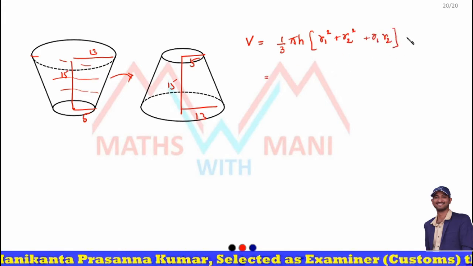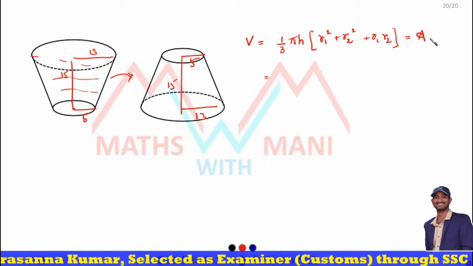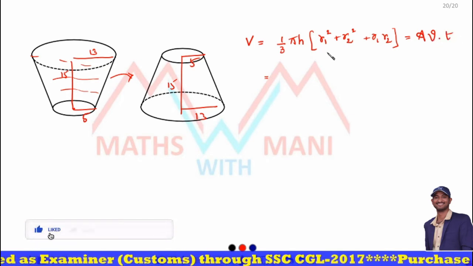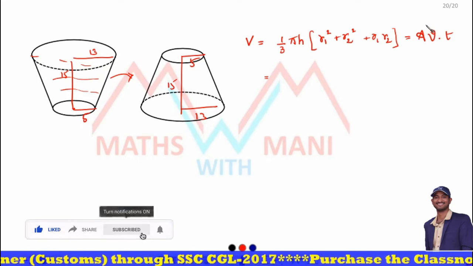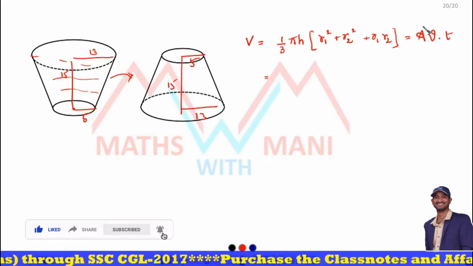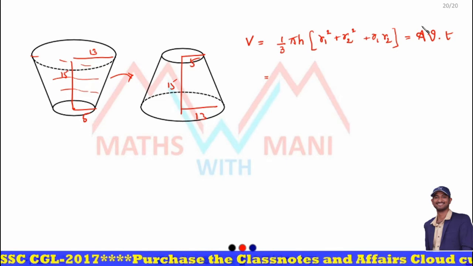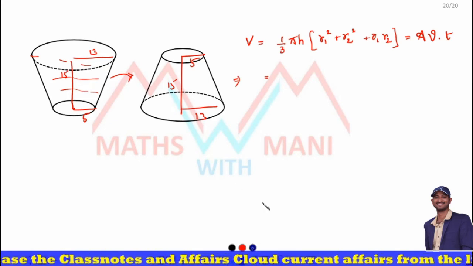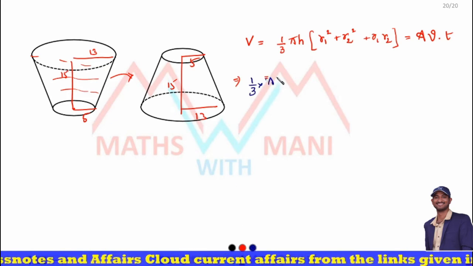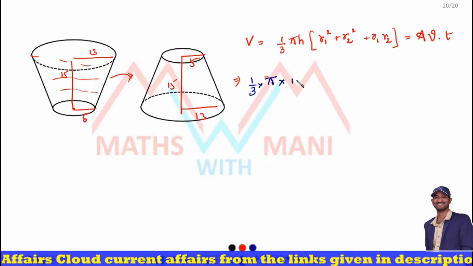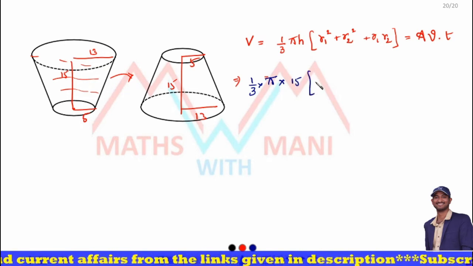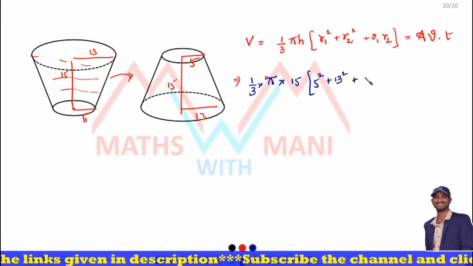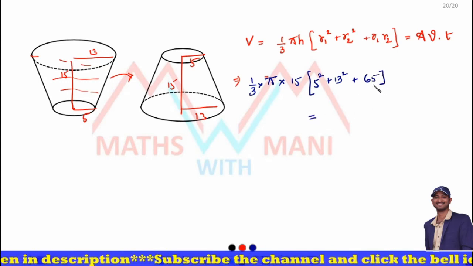So this volume is equal to the area of the cylindrical pipe into the velocity of the water coming out through the pipe into the time taken. Because this water is sent out by the pipe with this velocity in some time, right? So equate these two, that is enough, you will get it. Okay, so now I am equating those to 1/3 into pi into h. What is the value of h? 15. All are in centimeters. And r1 square, that is 5 square plus 13 square plus 5 into 13. 5 into 13 means 65.